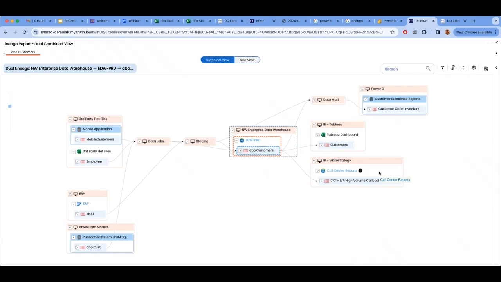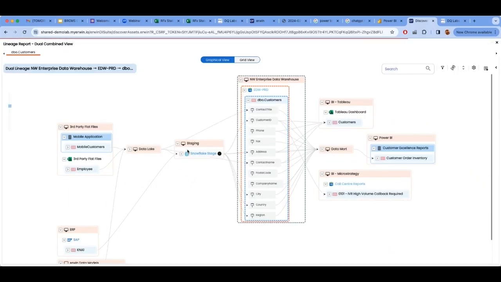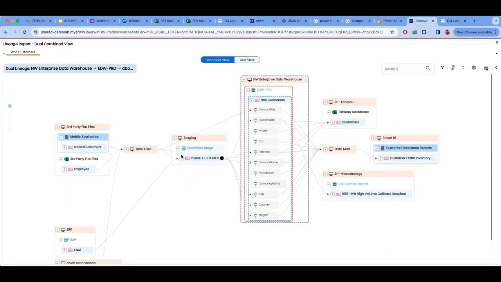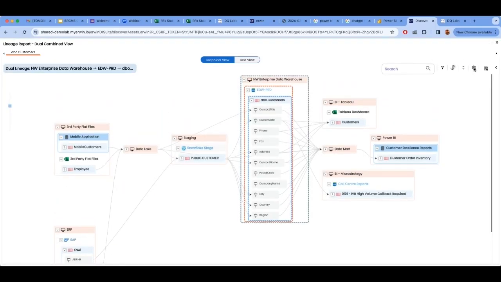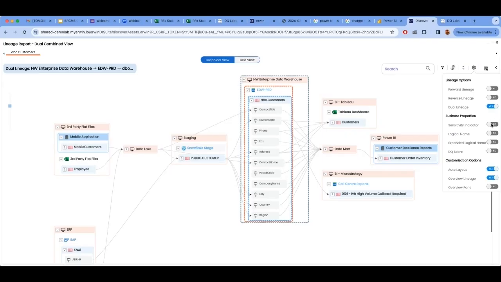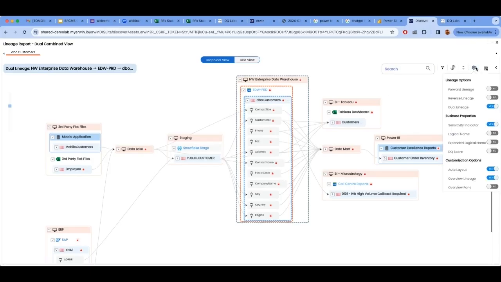And all this information, what you see on the screen, is automatically built with our connectors. So we built the lineage automatically using our connectors. What I can do here is drill into any level of detail. I can drill into, let's say, column level information. I can blend in some additional information. I can say, yeah, I'd like to see the sensitive information. It was showing me those lock icons. So now I can see which fields are particularly flagged as PII.